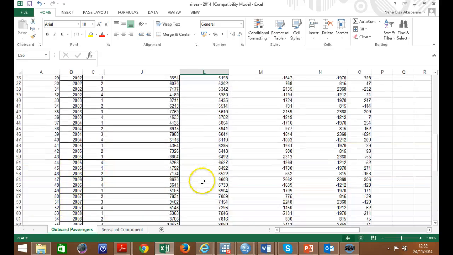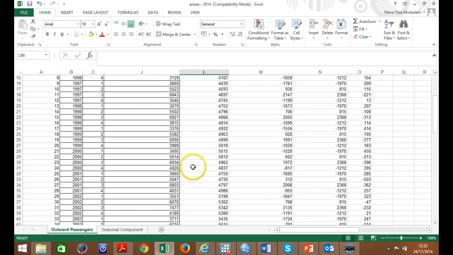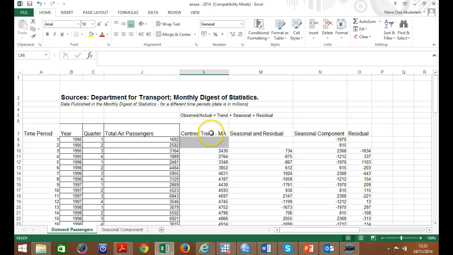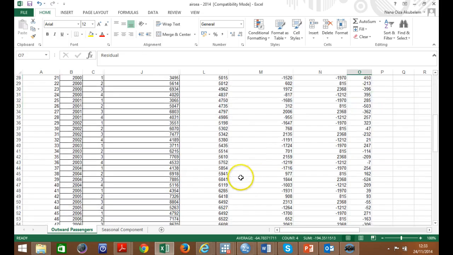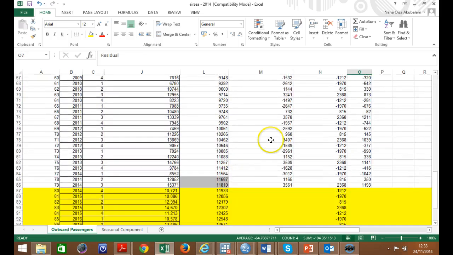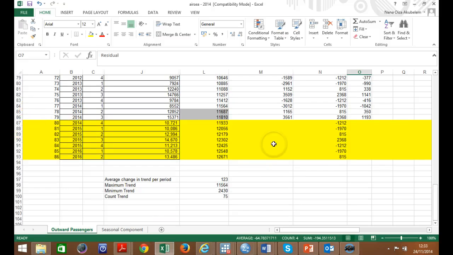Again, we've done the analysis using moving average. First of all, work out the trend, then work out the centered trend, because what we have is even-numbered periods. Then we work out the seasonal and residual components, and again, if you want, you can work out the residual, but it's just extra work. Once you have that, then we try to forecast the period